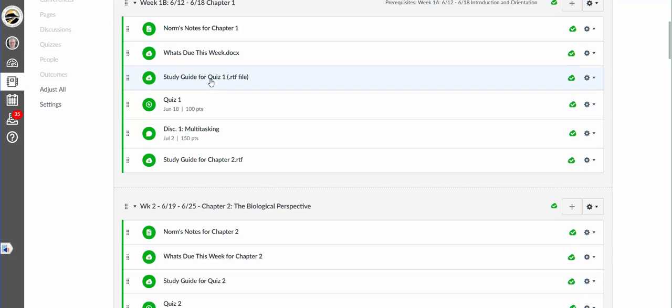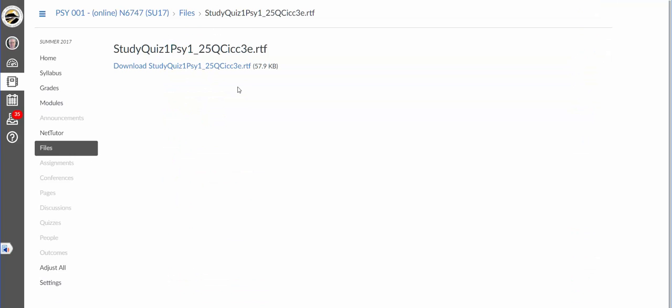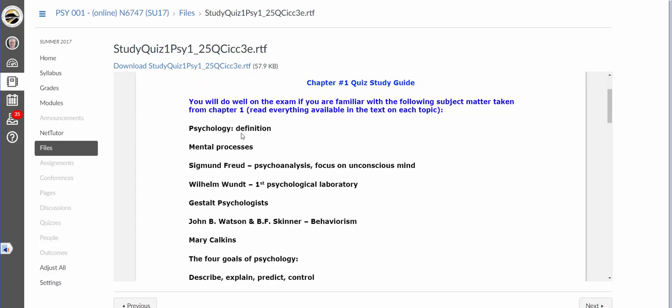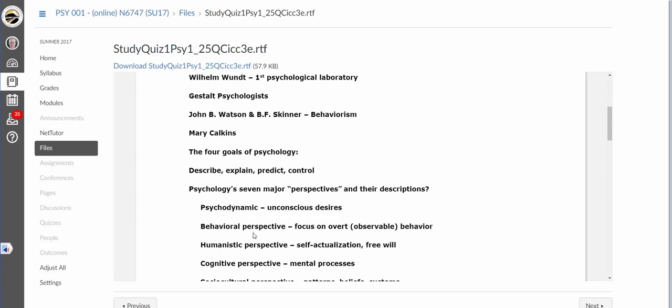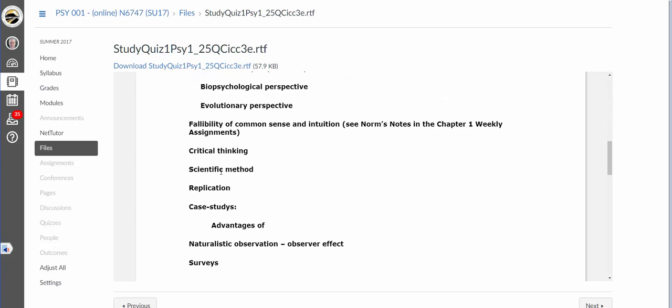After what's due will be the study guide. What you need to know here is that the terms you'll find in here could either be a simple definition, like it says right here. If it doesn't say specifically definition, then it could be anything more involved in the concept itself, or the broader concept, or some of these terms are like scientific method. Could be take 2 or 3 pages in the textbook to cover them. In that case, you need to read everything